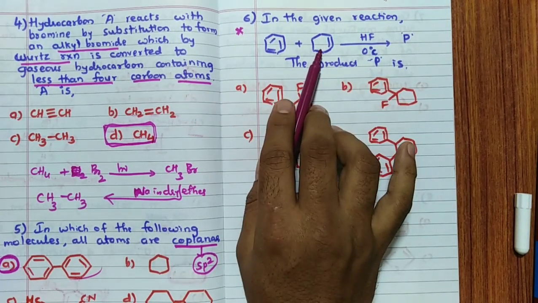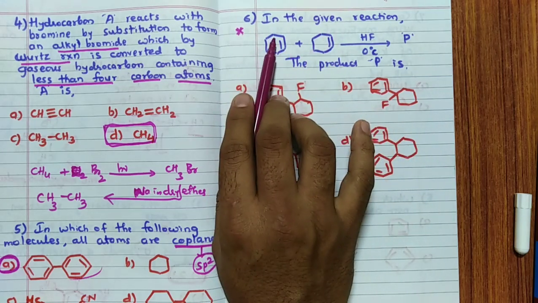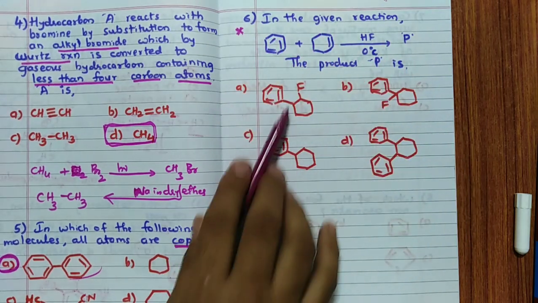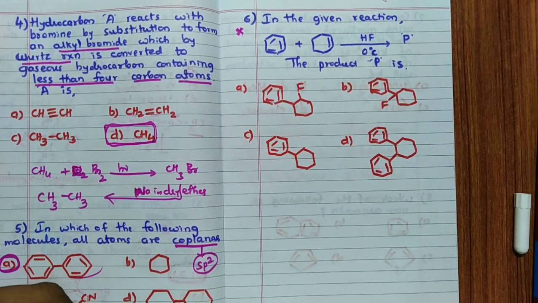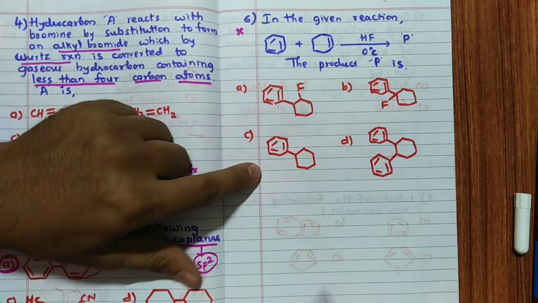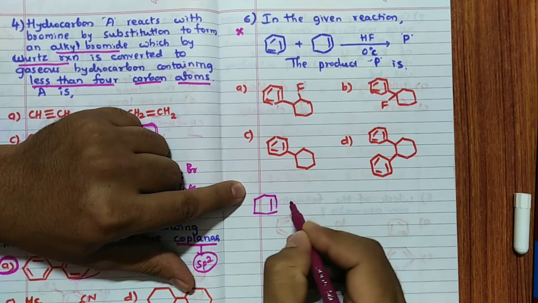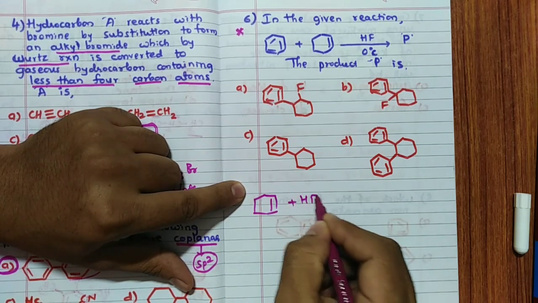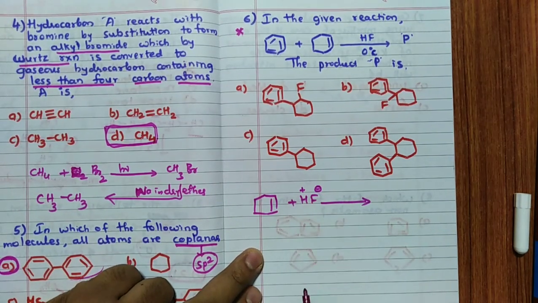This can attack on this carbon. So this is not electron rich, remember, but benzene is electron rich. So here you can see the product. It is not an individual product. It is a combined product. A mixed reaction takes place. Hence, first, definitely, this reacts with HF. Remember, it gives rise to H plus and F minus. Correct? H plus and F minus.